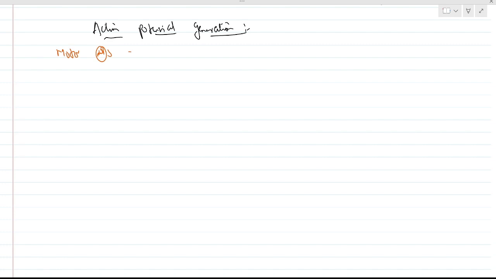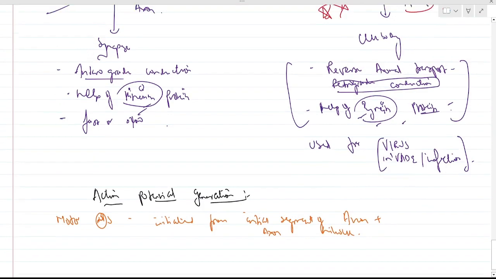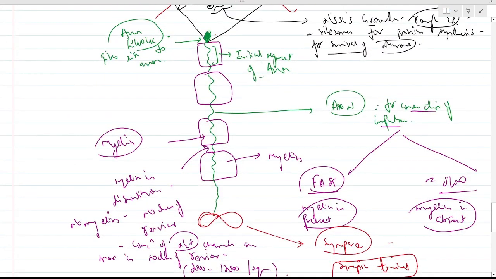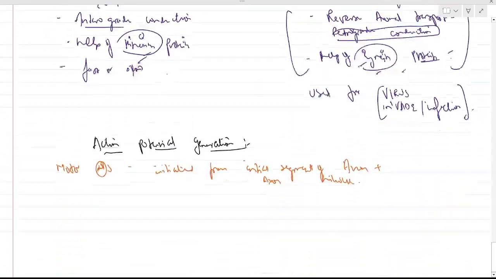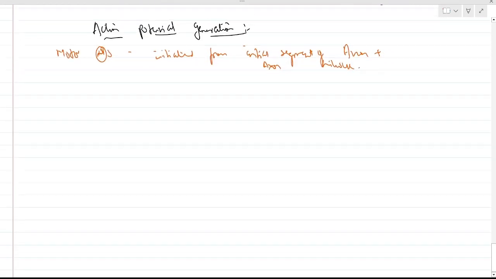In motor neurons, it is initiated from the initial segment of axon plus axon hillock. Okay, we have seen this axon hillock and initial segment of the axon here. In the motor neurons, the action potential generates from here, and in sensory neurons,